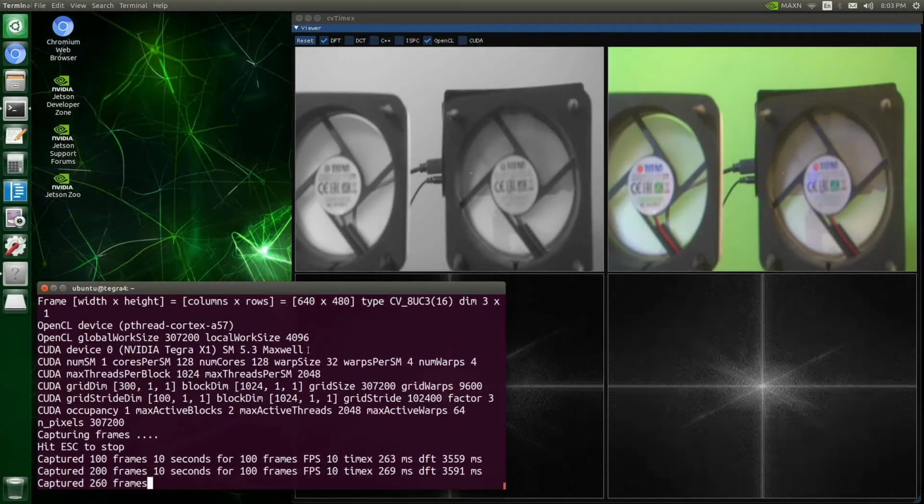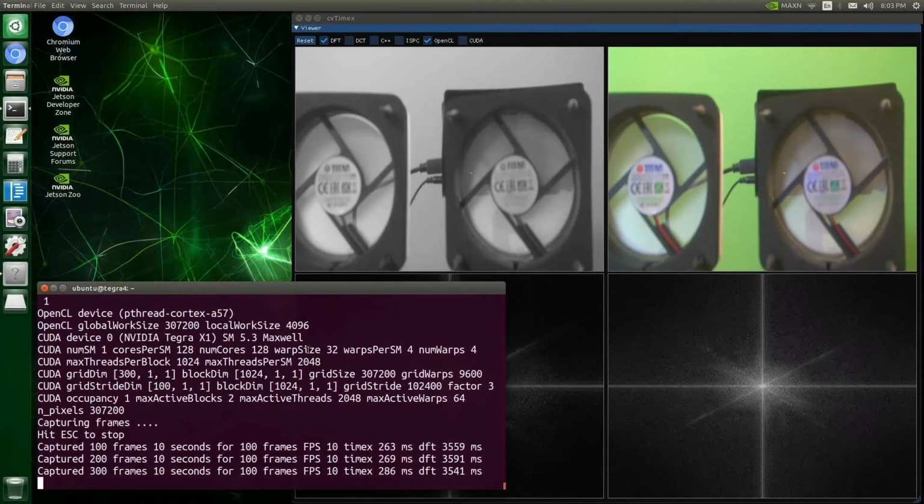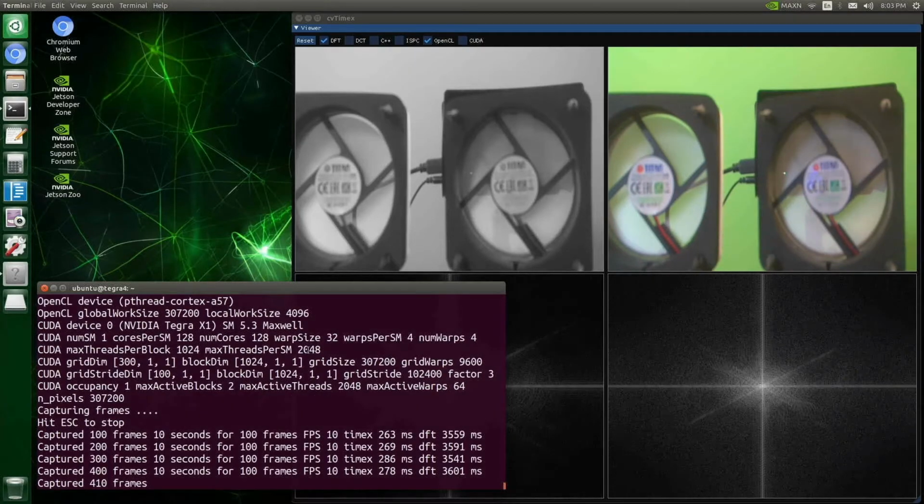So I can do the measurement and the comparison in that time and get an apples-to-apples comparison. What's happening right now is again under 300 for OpenCL. So I'm going to switch to